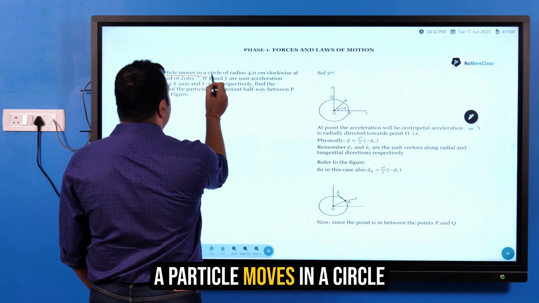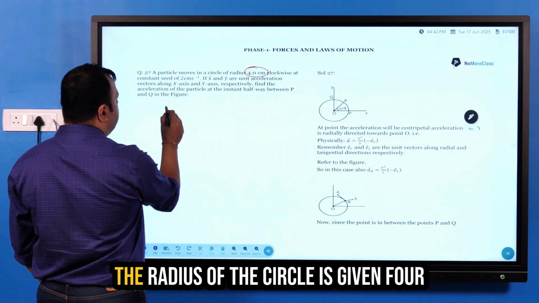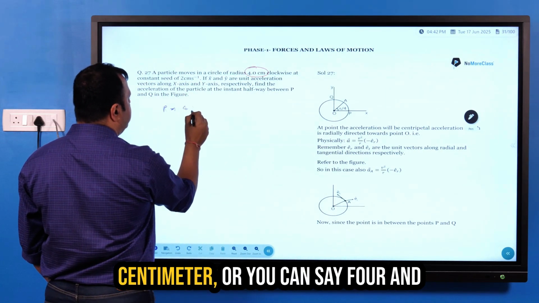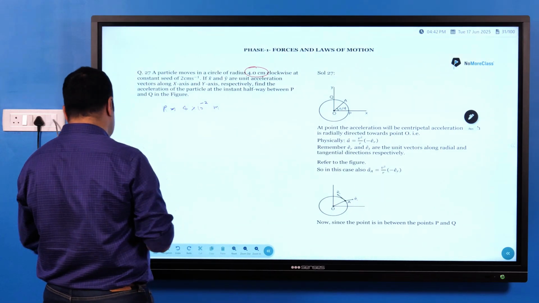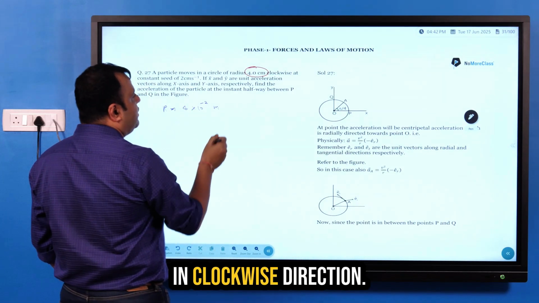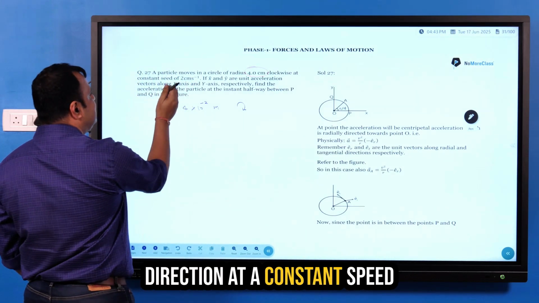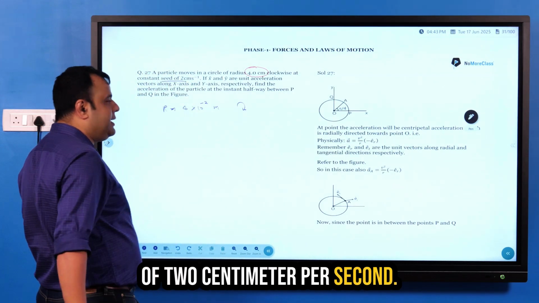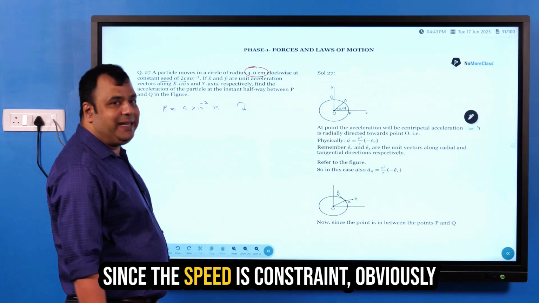A particle moves in a circle of radius 4 centimeter. The radius of the circle is given 4 centimeter, or you can say 4 into 10 to the power minus 2 meters, in clockwise direction. So this motion is in the clockwise direction at a constant speed of 2 centimeter per second. The critical part here is constant speed. Since the speed is constant,